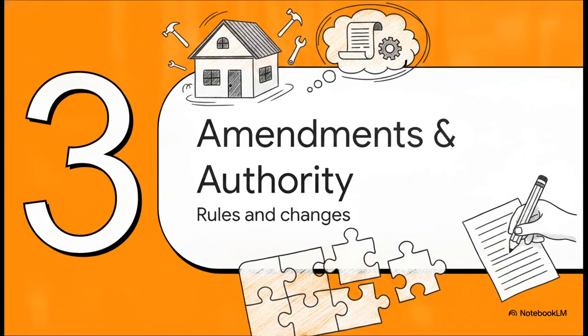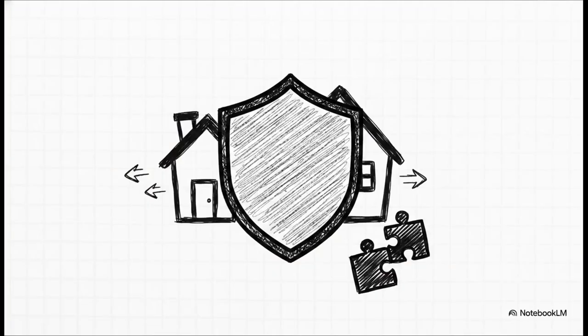Which brings us to Section 3, Amendments and Federal Authority, Rules, Changes, and State Powers. But hey, a house might need remodeling over time, right? And the different people living there need to know how to share the space. The framers knew they weren't perfect, they knew times would change, so they actually built flexibility right into the very structure of the document. So the big takeaway here is that the later articles provide the essential rules for how states keep their own specific powers while also drawing really clear boundaries around federal authority.